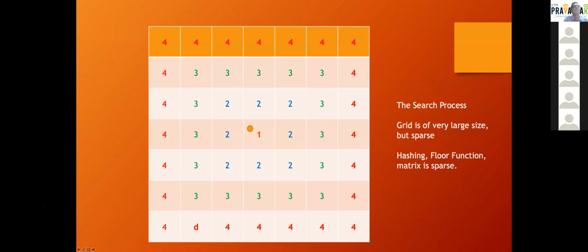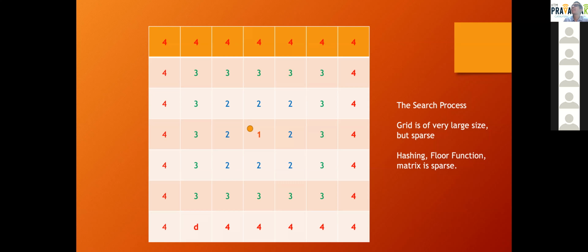To make it a little clearer, now these are the grids, and say this is the query point. This is the box. Now I will find out if there is a sub-post office within this box. If not, within this one. Otherwise, I will go and search within this 2. Otherwise, I'll go and search within this 3. Otherwise, I'll go and search within this 4. And let us say that there is a sub-post office here. The closest one to this will be this. So this is how I search. I search this box, then I'll go and search these set of boxes, then the boxes number 3 and 4. So this is the search process.